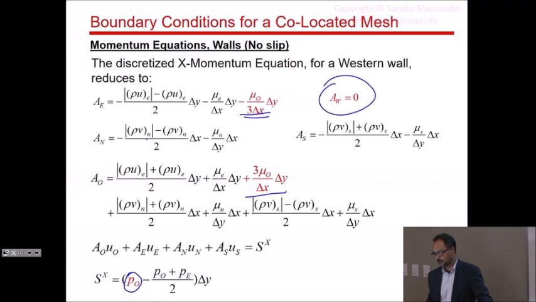Okay? So that's your modification for the momentum equation at the boundaries, x momentum. This is a typical example for a western wall, but obviously you understand how to do it for any other wall. All right, any questions on that? Okay,